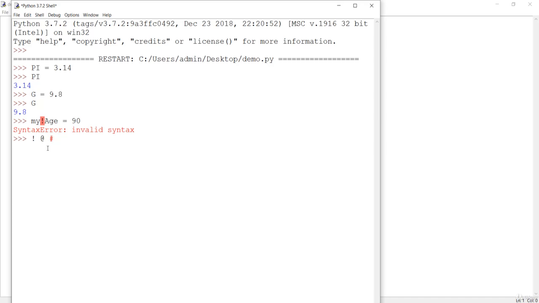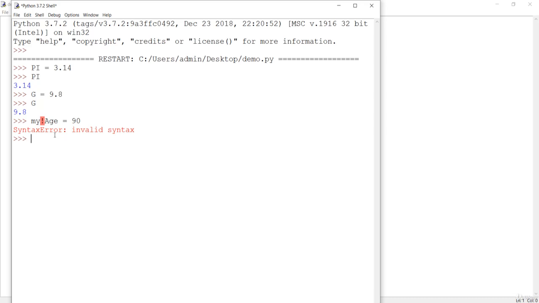All of these special characters are not valid, or the percentage modulo sign, this won't be valid in Python, because all of these have special meaning in Python. The modulo is for division, the $ sign and the hash for comments, these all have special meanings, so you can't use them in a variable name.